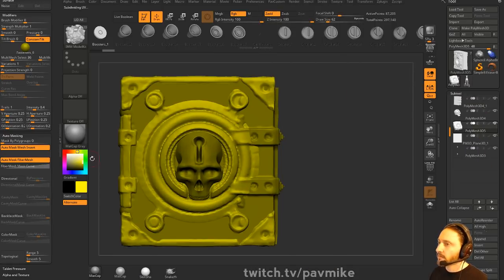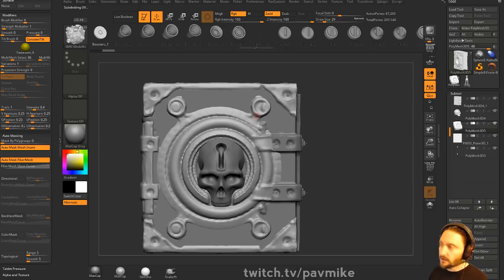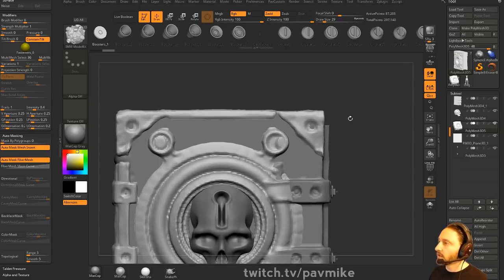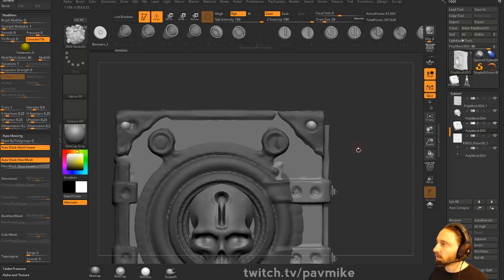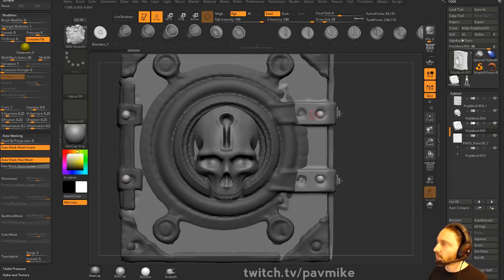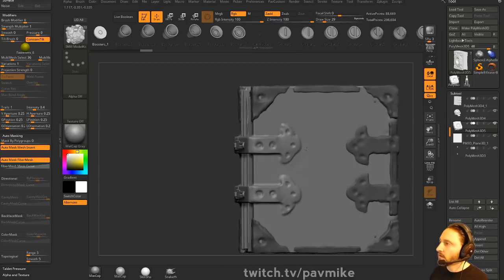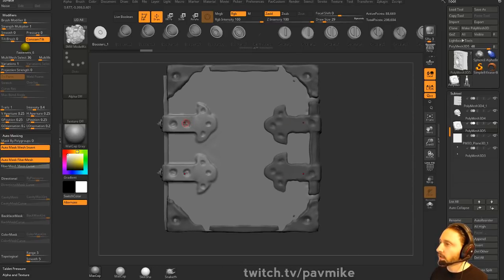That'll work. We'll just make them round. So really quickly, let's turn on X symmetry in the X and Y. And we'll go ahead and put in some studs here, and I can clean these up quickly. And on the back here,